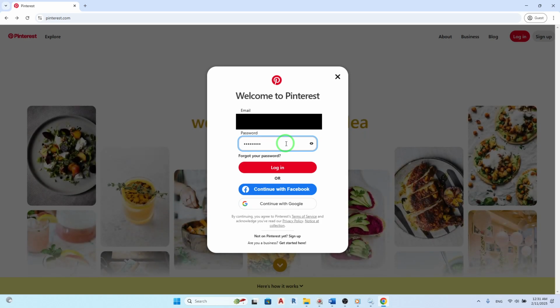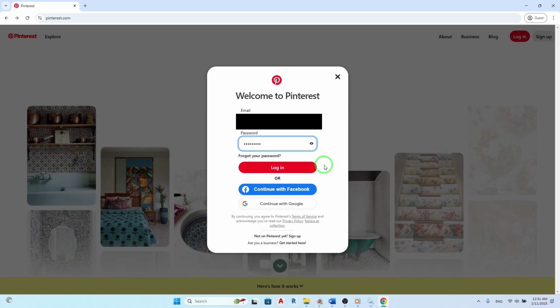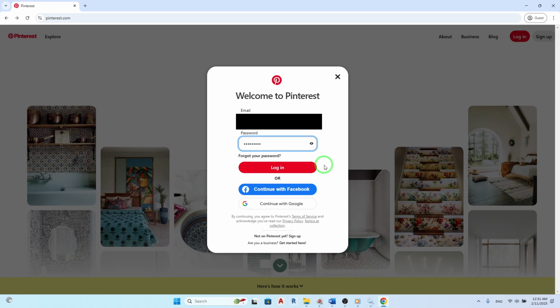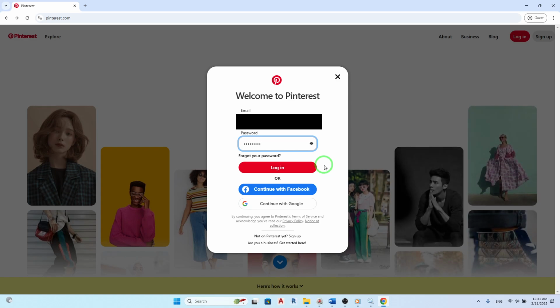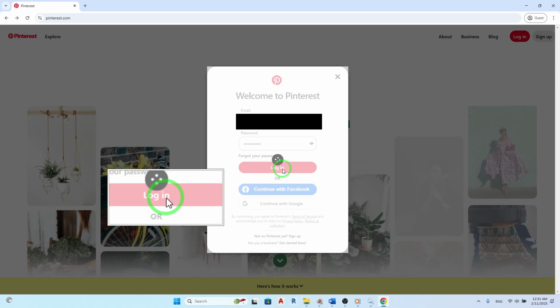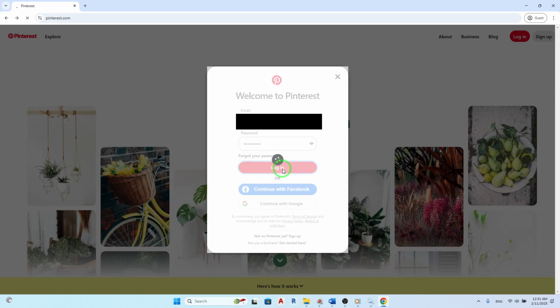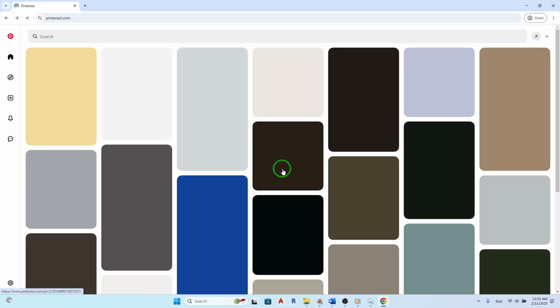If you can't remember your password, there's usually a "Forgot your password" link that you can click to reset it. Just follow the prompts and Pinterest will guide you through the process. Once you've entered your email and password, simply click the Login button. And that's it. You should now be successfully logged into your Pinterest account and ready to explore a world of